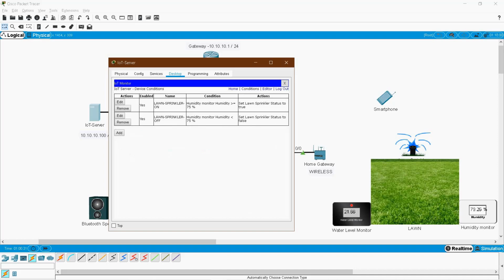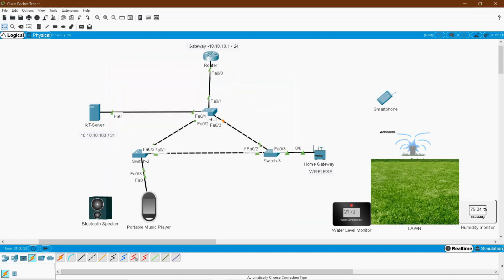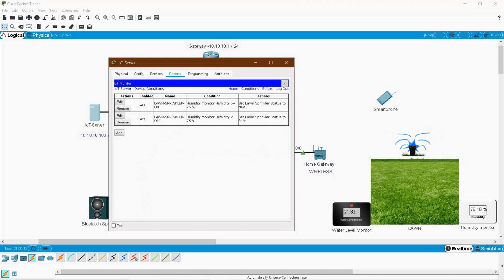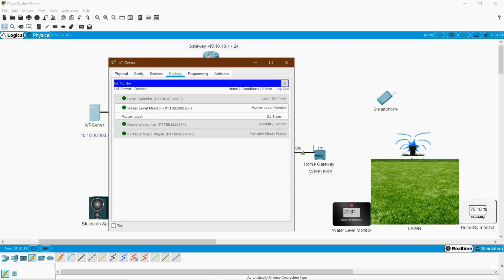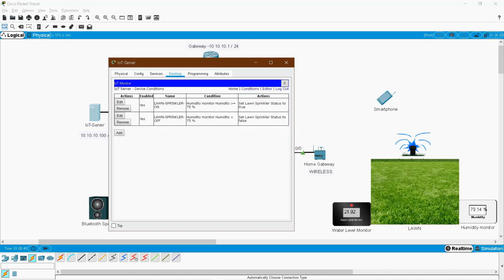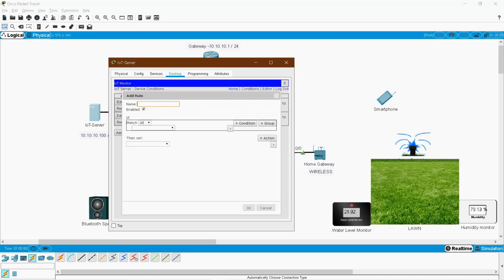See, once sprinkle the water, here water level monitor, you will get some percentage. So from here in your home page you can monitor your water level, and you can add the conditions also. So add here, lawn water level.